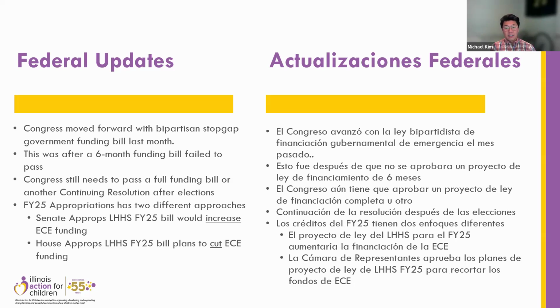As we're thinking about this, there are two current bills at the federal level, one on the Senate side and one on the House side. The Senate FY25 Labor, Health, and Human Services, known as Labor HHS, Appropriations Bill would increase childcare and early learning funding by $2.3 billion from the FY24 level. So an additional $2.3 billion added onto childcare funding for FY25. The majority of this would go to the Child Care and Development Block Grant, or CCDBG, or CCDF for some that go with that acronym.